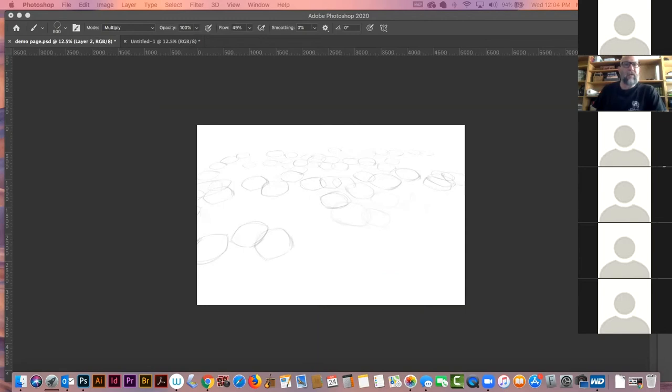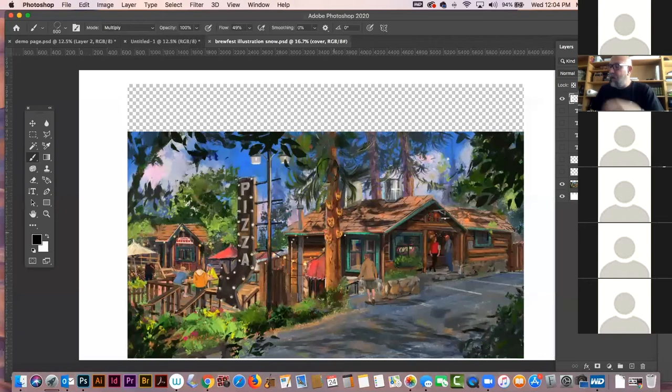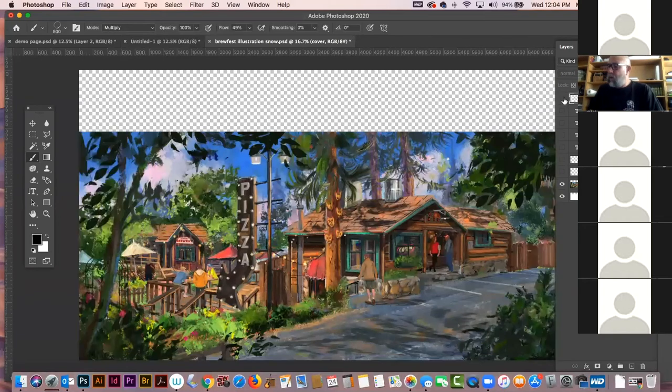This is a big illustration I had to do for my girlfriend's brewery. And when I do this, a lot of these leaves and stuff like that are just brushes that I scattered all those leaves in and then just reshaped them. Does that make sense? Yeah. And by the way, the beauty of this is